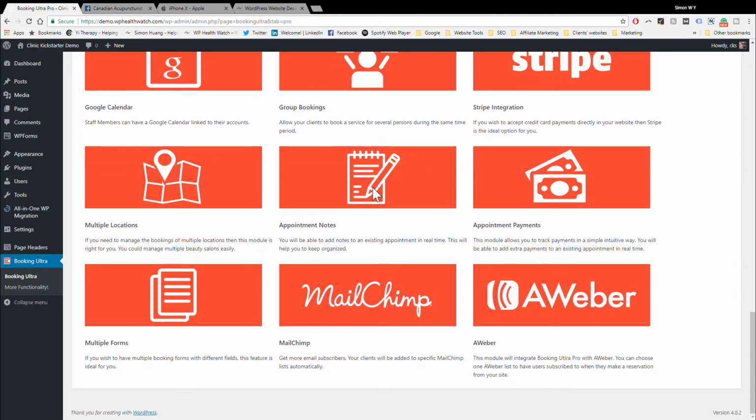Appointment notes is fairly useful. I would definitely promote this very, very much so, because anything that you do, any sort of services, if you want to keep everything online, let's save. Make sure you get a site secure lock, and yeah, that's pretty much it. And appointment payment, yeah, everything's the same. MailChimp and Aweber are the two